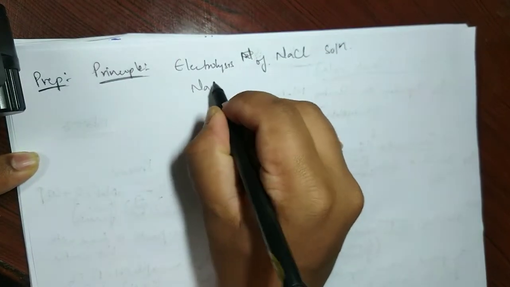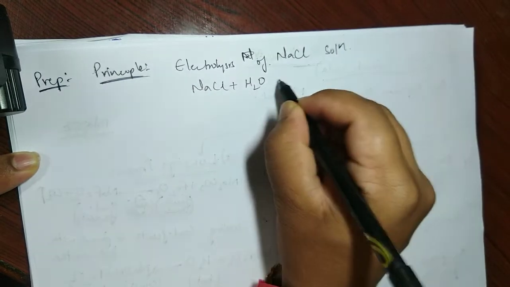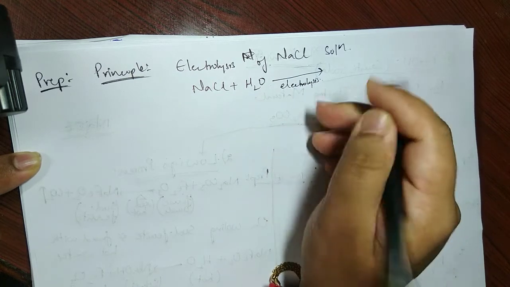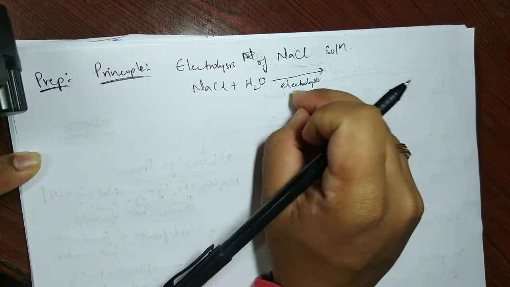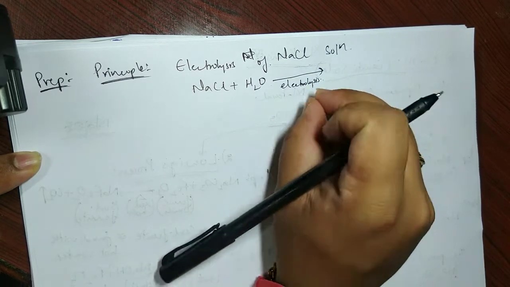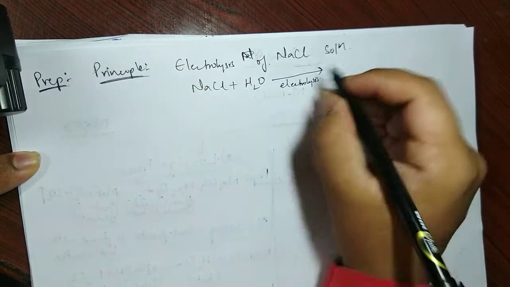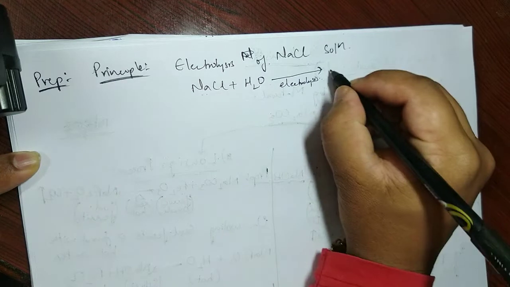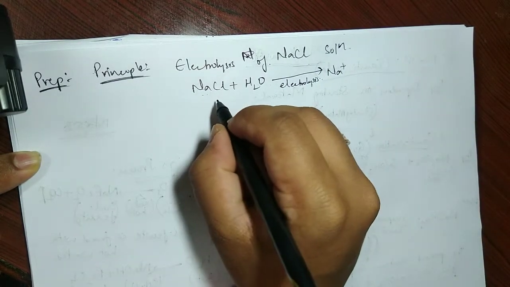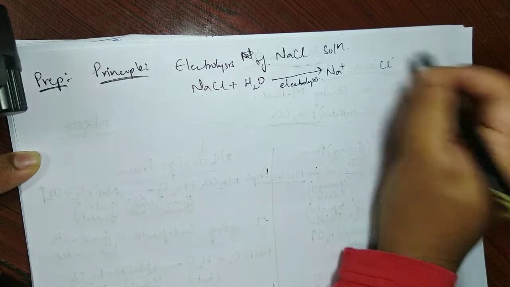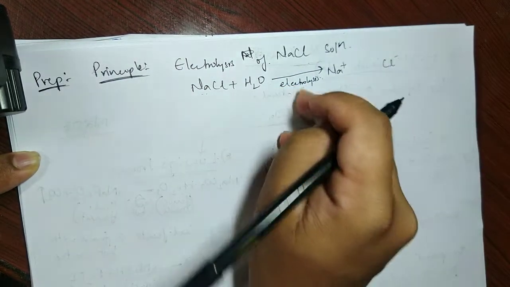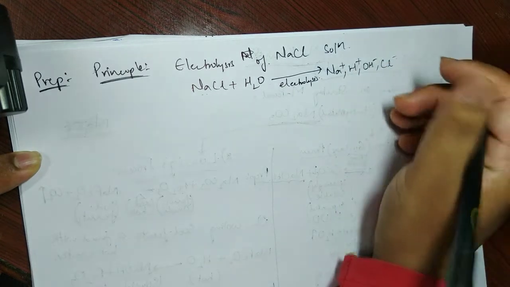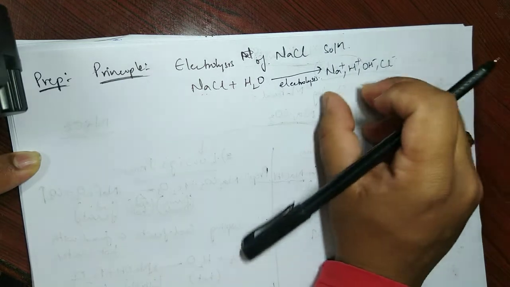Now what does NaCl solution mean? It has NaCl plus water. So this is passed at a high temperature. You perform the electrolysis. Huge amounts of current are passed. And what does current do? Current does nothing but break bonds. So when I perform electrolysis on this, what are all the possible ions that I get? From NaCl I get Na+ and also Cl-. From H2O, that also will be split off, so I get H+ and OH-. So on the whole, these are the cations and anions I get.